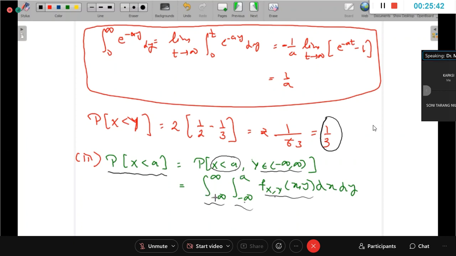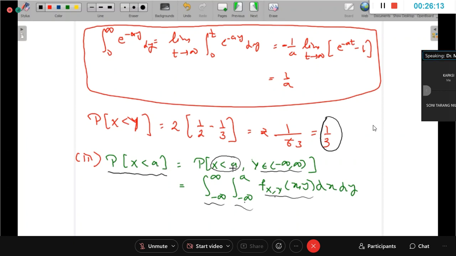So you have 0 to a, and here is 0 to infinity, the next level. Certainly, if a is less than 0, it is 0. So you can discuss afterwards the cases where a is less than 0 or a is greater than 0. Certainly here the results have to be distinguished. Whenever a is less than 0, you have as a